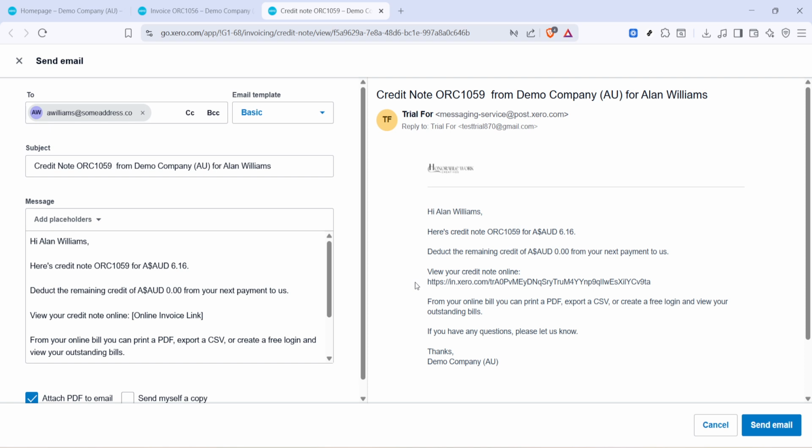That's it. You've successfully created, applied, and shared a credit note in Xero. The invoice now reflects the reduced amount, and your customer's account is up to date. If the credit is larger than the invoice balance, the remaining credit stays on the customer's account to use against